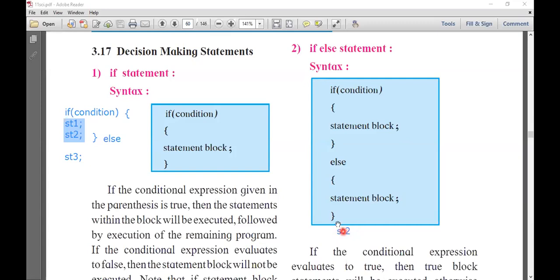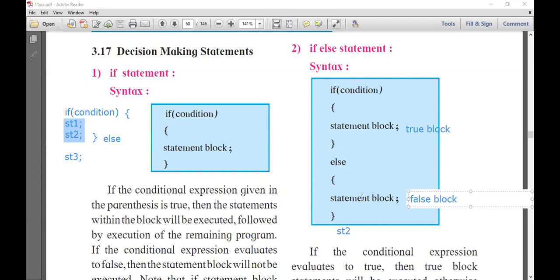This way statement 2 will execute, but the condition decides whether this part or this part will execute. This is the if, this is the else. This block is always known as the true block. Similarly, this block is known as the false block.